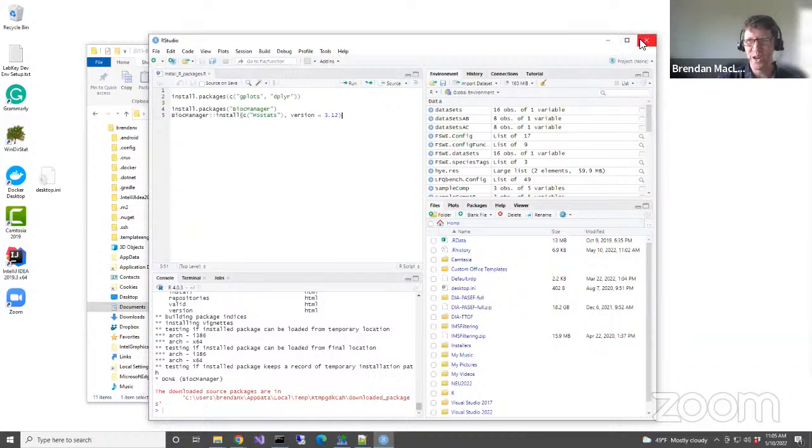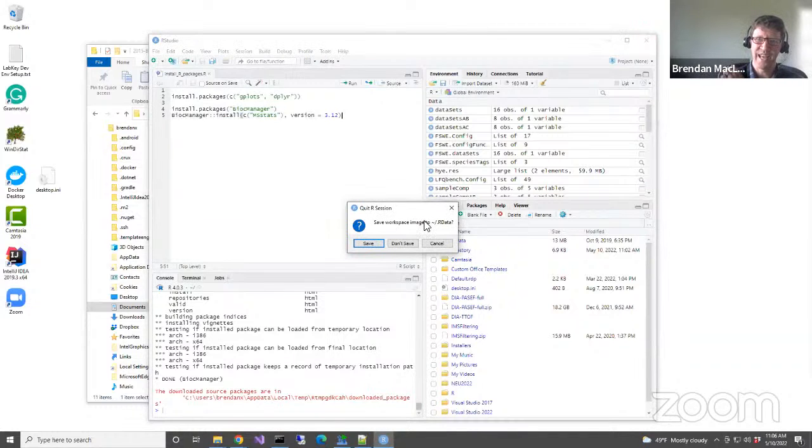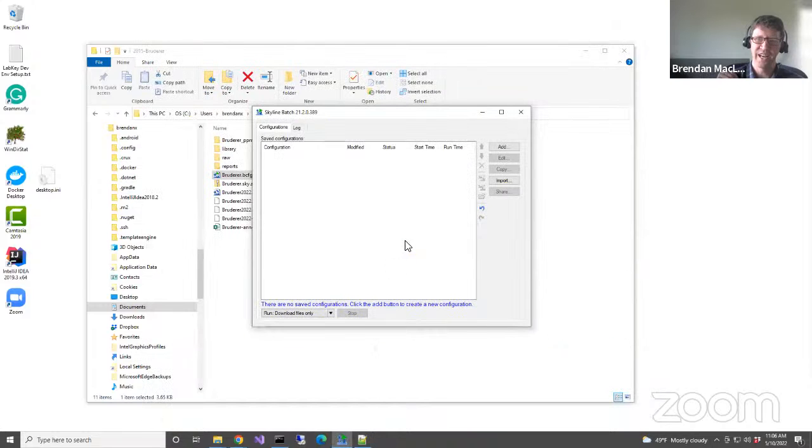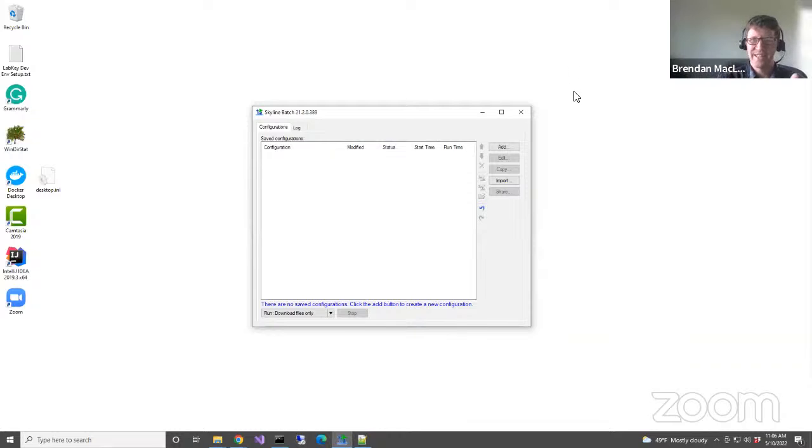So I just went through everything. MS Stats is installed. We're not going to do any further work in RStudio, so I can close that down and I don't save our data. So that's my best attempt at showing you how to get MS Stats installed correctly on your machine. If you need more help, stick around and we can try to help you after the rest of the session. So let's go ahead and add a Skyline Batch